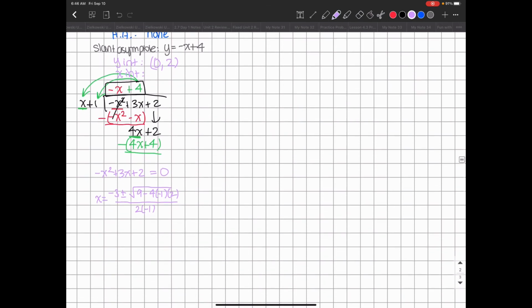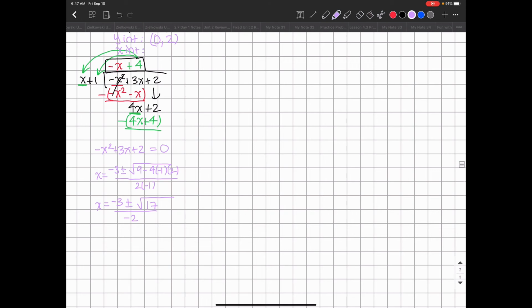Okay, and then I get x is equal to -3 plus or minus the square root of 9 plus 8, which is 17, all over -2, and then the square root of 17 is,